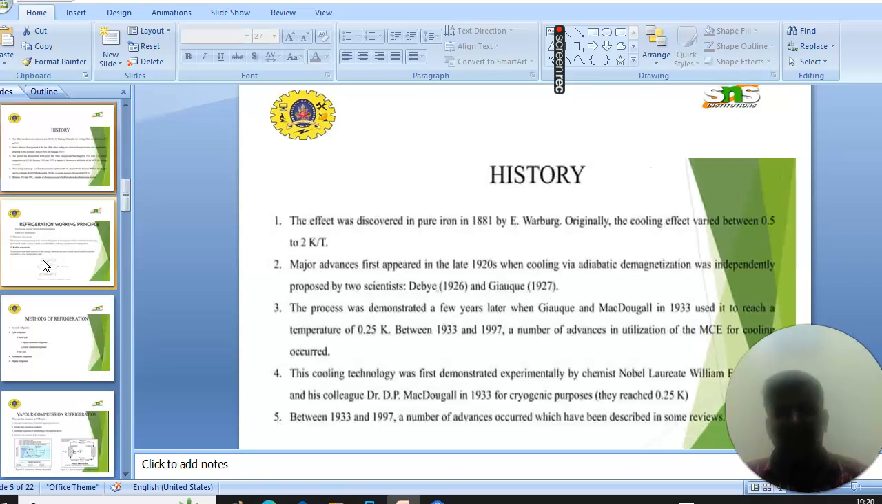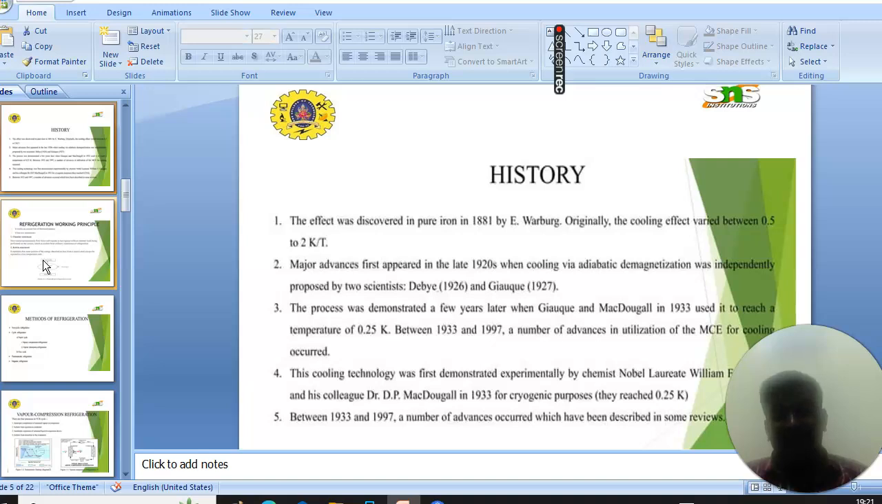Next we will see the history of refrigeration. The effect was discovered in pure iron in 1881 by E. Warburg. Originally, the cooling effect varied between 0.2 K per T. A major advance first appeared in the late 1920s, when cooling via adiabatic demagnetization was independently proposed by two scientists, namely Debye and Giauque. The process was demonstrated a few years later when Giauque and MacDougall in 1933 used it to reach a temperature of 0.25